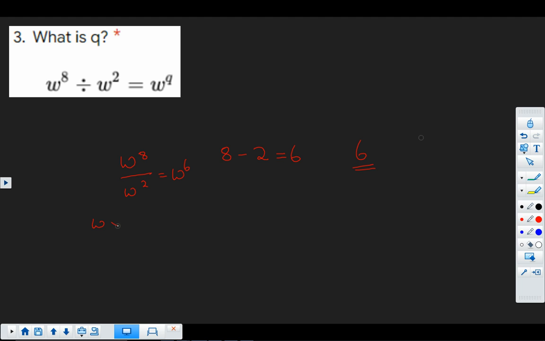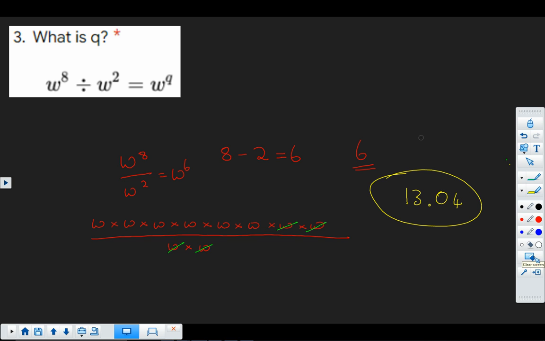If you're not sure why this is, we can always write this out. 1, 2, 3, 4, 5, 6, 7, 8. And if you think about how you simplify fractions, we would be dividing top and bottom by common factors, and we end up with 1, 2, 3, 4, 5, 6 W's. So there you have it, how we do it and why it works, and the nugget to go and practice